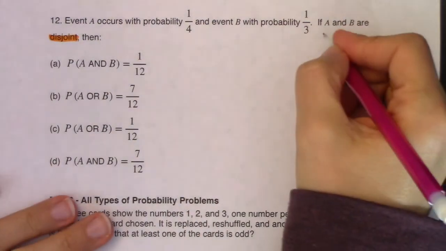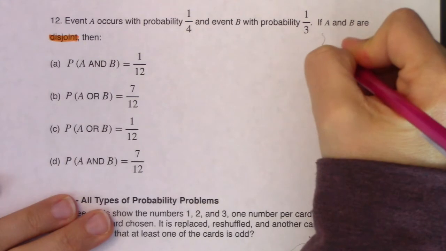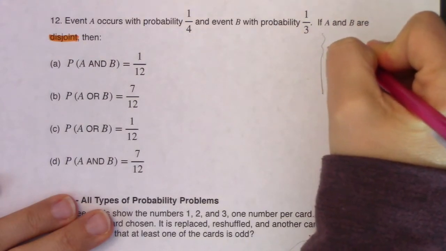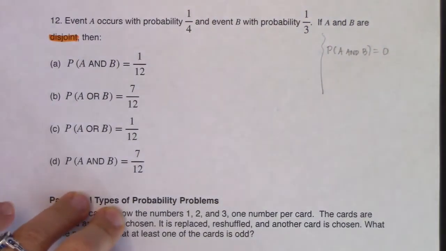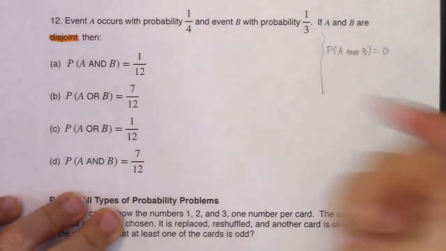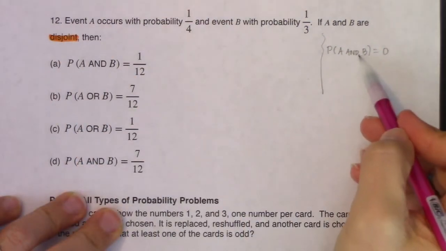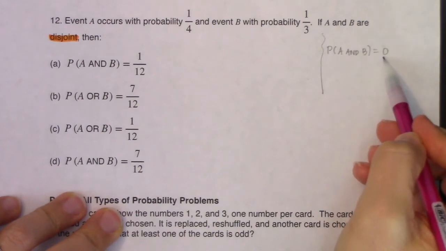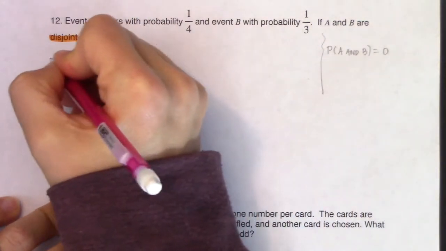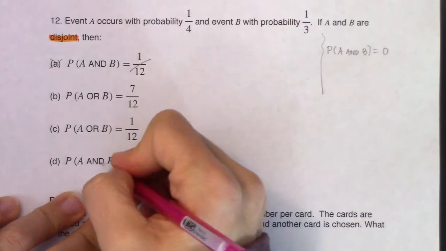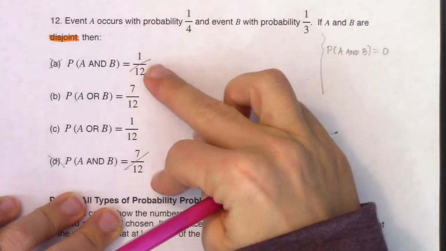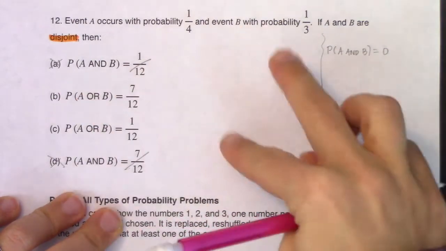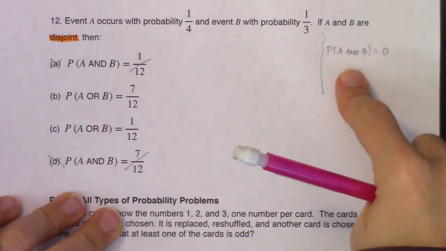So for the formulas I know I'm allowed to use, I know the probability of A and B, from formula 5, is equal to 0, right? That we now know, we were told that. And actually, if I know the probability of A and B equals 0, I can rule out A, because that's not true, and I can also rule out D. That's not true, right? Because neither of these two numbers are equal to 0. So A and D are out just based on that.